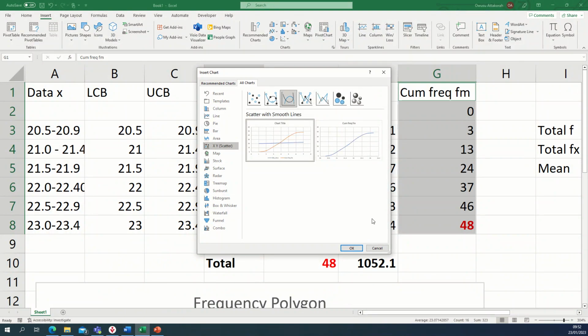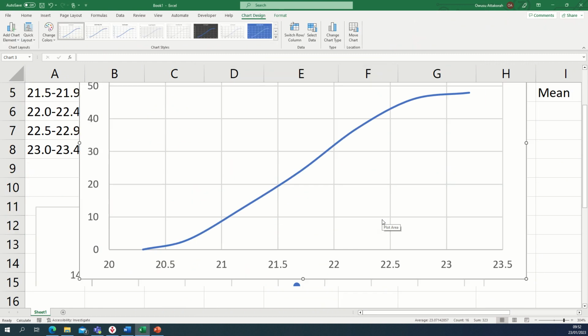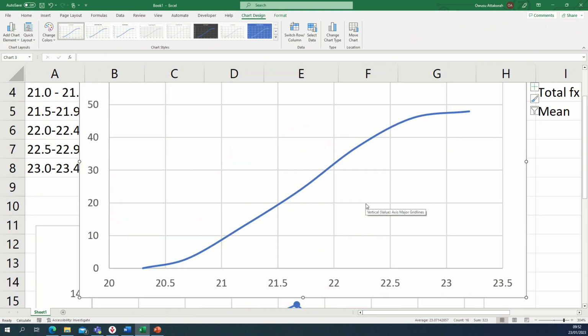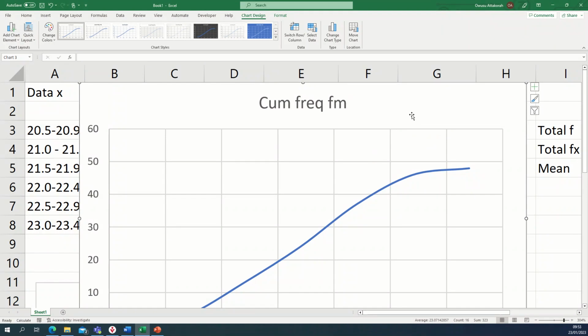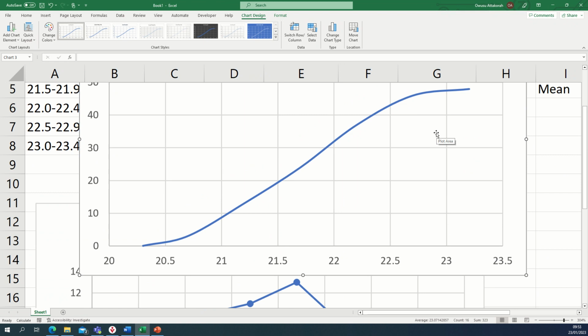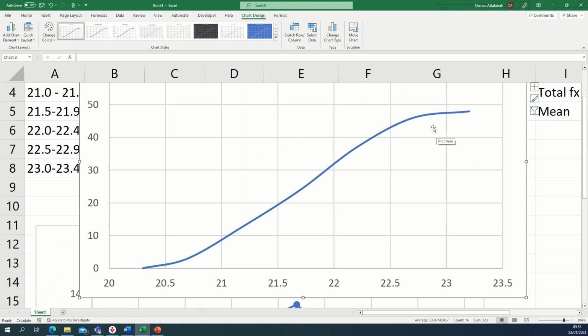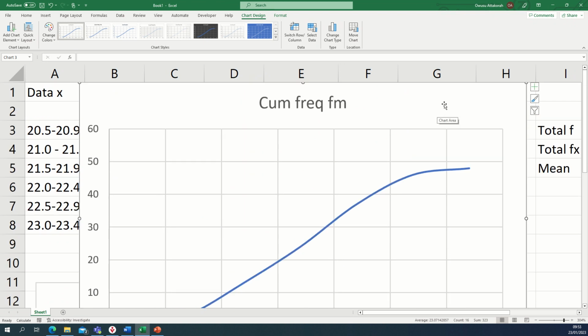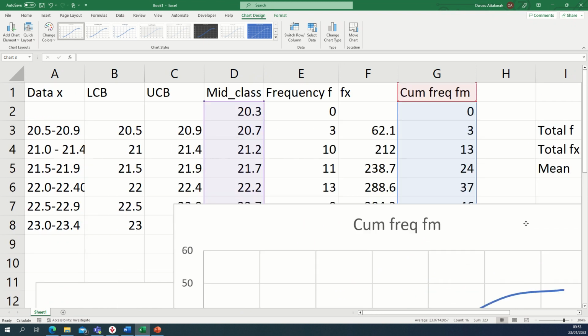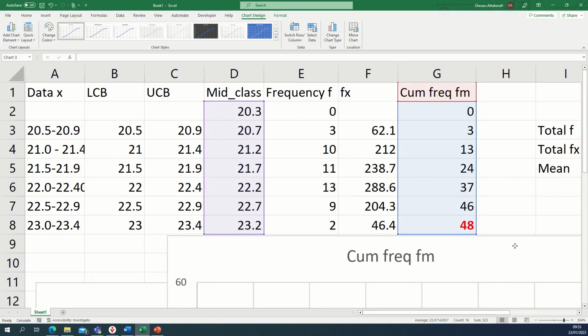So you can use which one you want, and you are going to get something like that. And then once we get something like this,